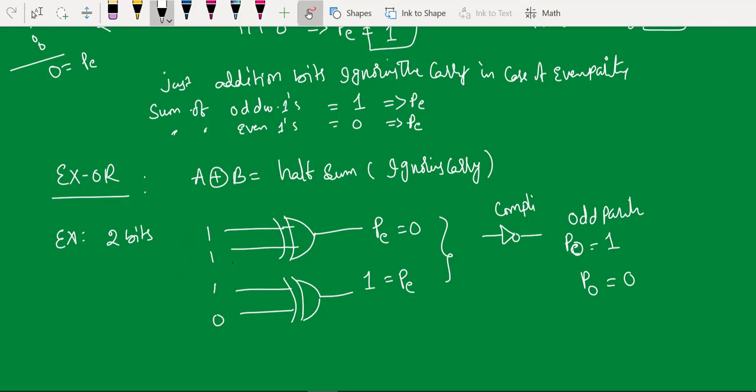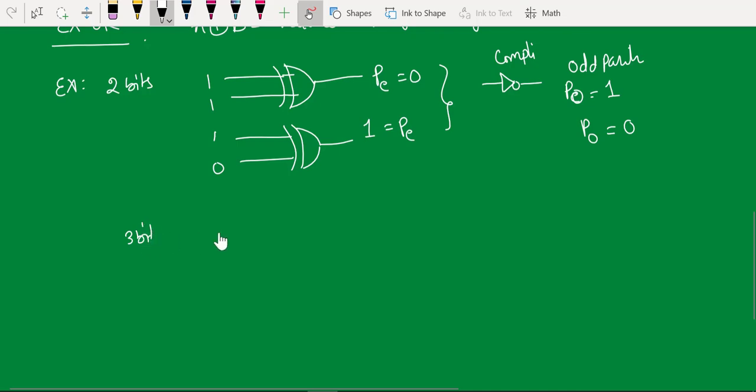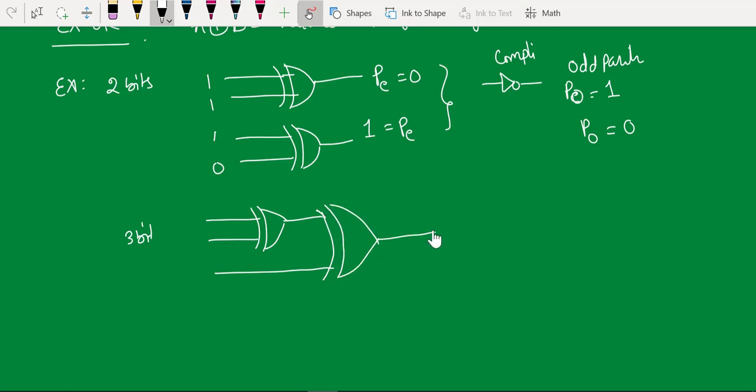Suppose you are having 3 bits. What you do is first you add the first 2 bits with one XOR gate, and the third bit will be used with one more XOR gate, and this will be your even parity. Suppose we are having, let's say, all ones. 1 plus 1 will be 0, 0 plus 1 will be 1.